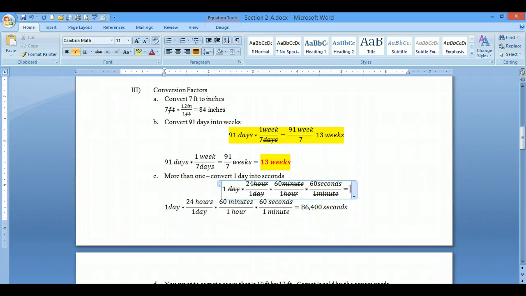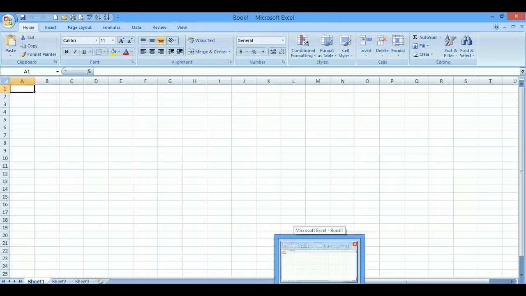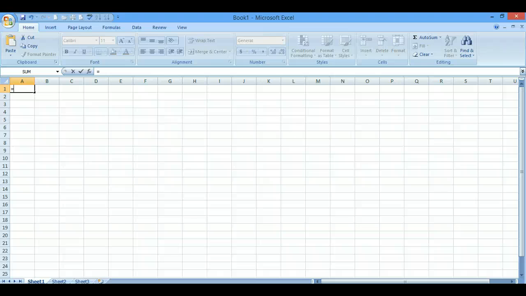You can do this in your calculator, or you can use Microsoft Excel. A lot of you may not be familiar. Some of you are going to be just fine on this. To make Microsoft Excel work like a calculator, inside one of the little cells, I press equals. Now I had 1 times 24 hours times I had 60 minutes in that section and 60 seconds will give me